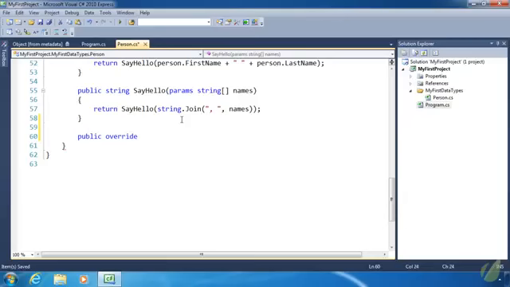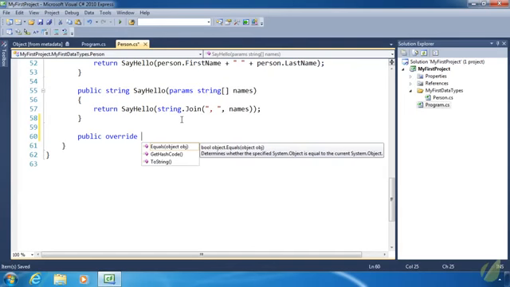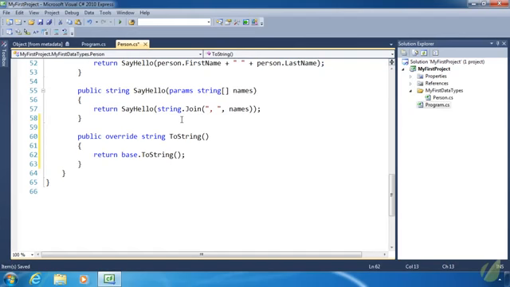So we use the keyword override, and whenever I press the space key, IntelliSense is going to give us the information as to what we can override. And it knows this because of some syntax within our object code, and we'll look at that a little later. But we have 3 options. We can override Equals, GetHashCode, or ToString. Obviously, we want to go with ToString, and so whenever I hit enter, it's going to fill out the rest of this method. Now, as it is right now, it's calling the base class's toString method. In this case, the base is object, and that's the functionality that we want to avoid